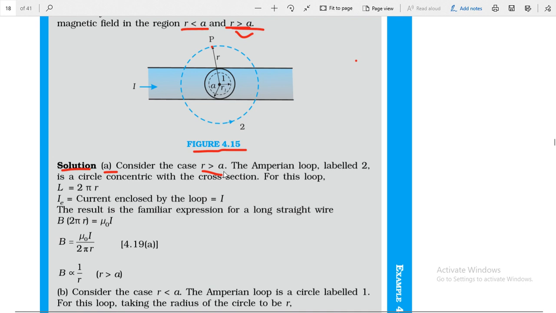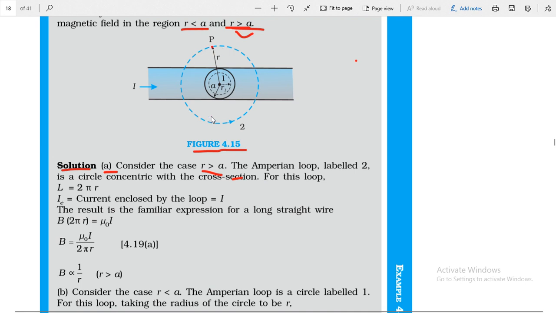So suppose r is greater than a, then we are going to find out the Amperian loop. The Amperian loop labeled 2 is a circle concentric with the cross section for this loop. So the Amperian loop in this question will be concentric with the cross section of the wire, okay. So let's see for this loop, the total